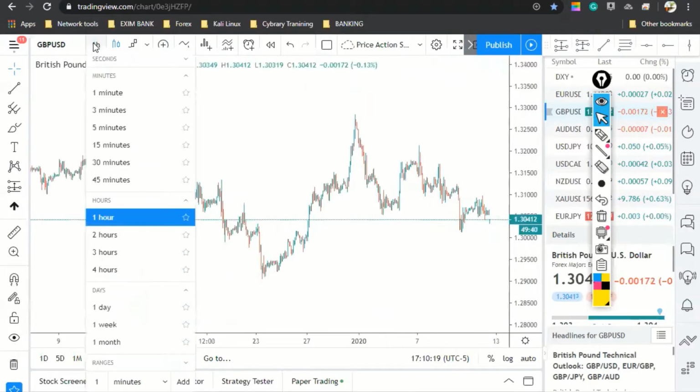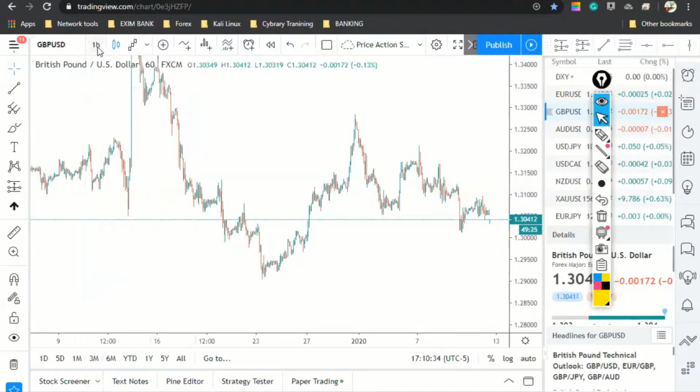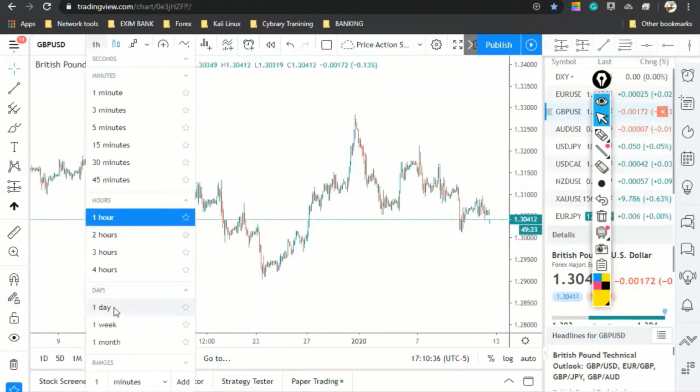So the platform that I'm using right now is called TradingView.com. Some persons may use cTrader or MetaTrader, but I prefer to use TradingView because it's very clean. Now, to place support and resistance,